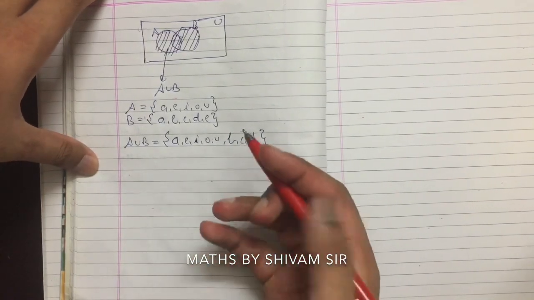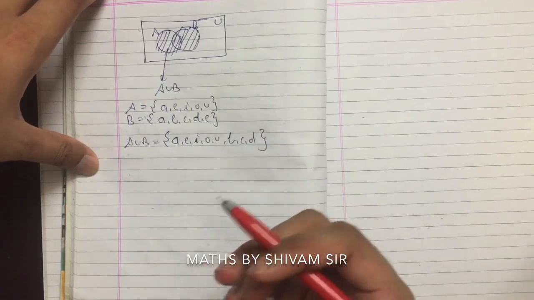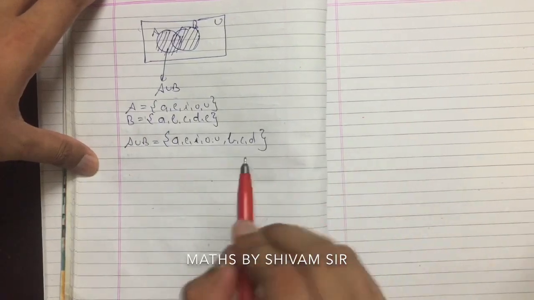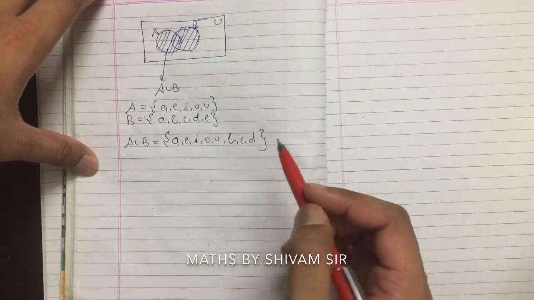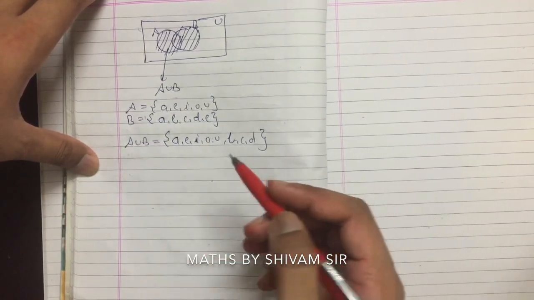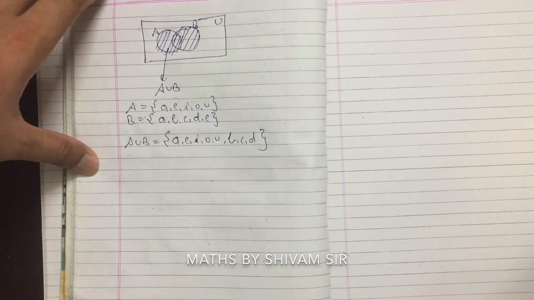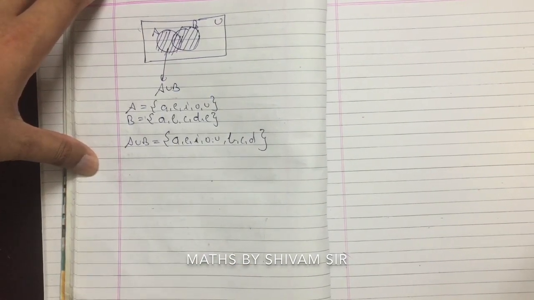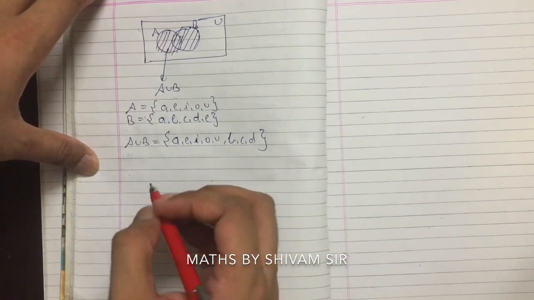If we want to summarize the union definition, it consists of all elements that belong to either A or B or both. It is the set of all the elements which belong to either A or B or both. So let's talk about intersection now, A intersection B. But before that, let's talk about some properties. I forgot to tell you properties on operations of union of sets.